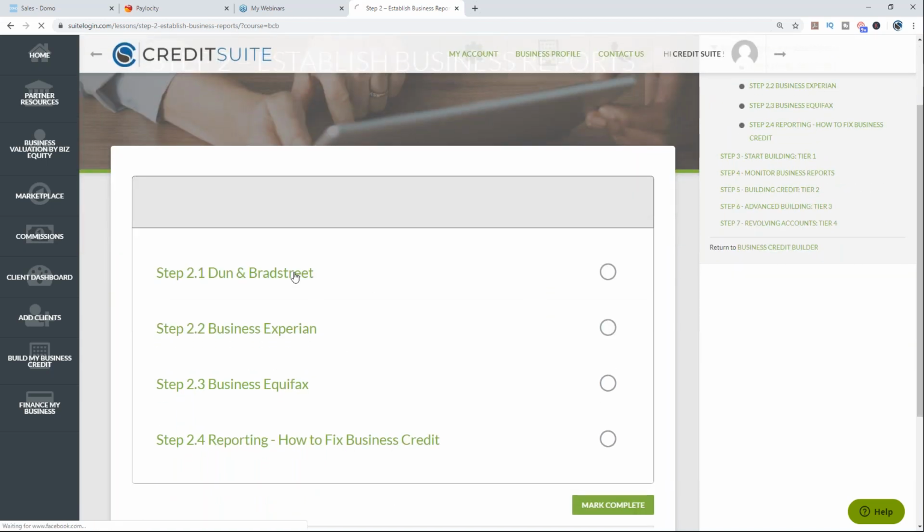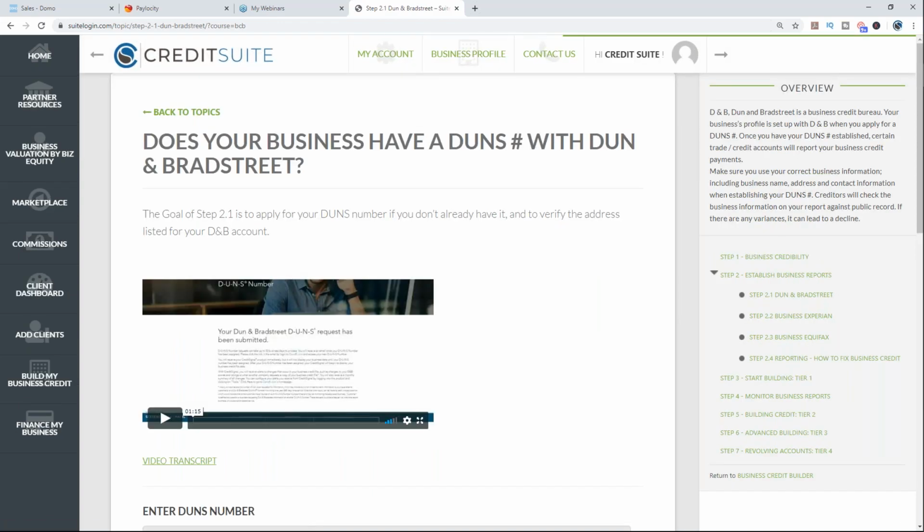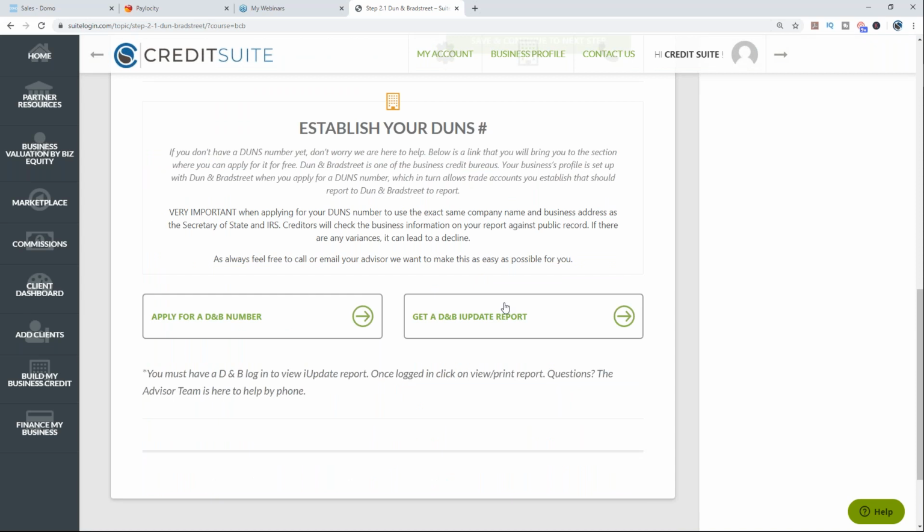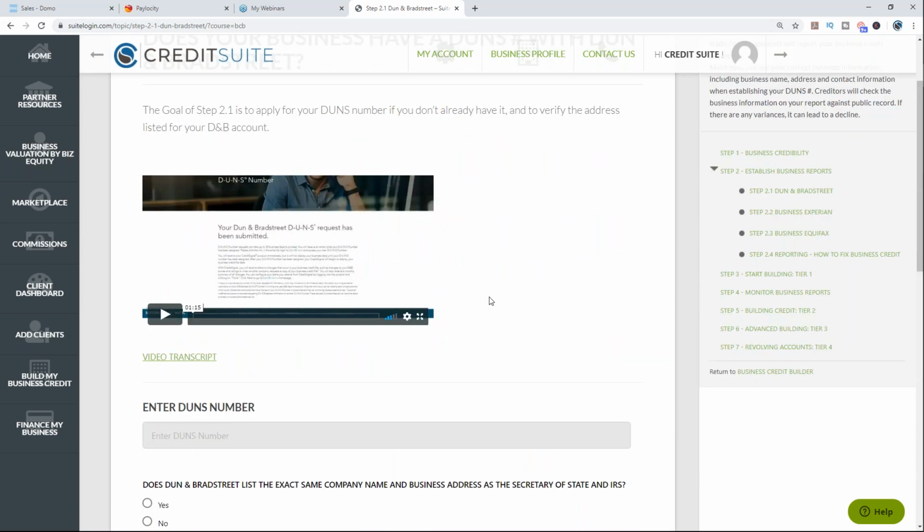Step 2, we're getting set up with the reporting agencies. I like to tell people why this is important. I don't know if you know this or not, but Experian and Equifax will create a failing business credit score for you if they know you exist and if you have no credit established. So we've got to help them come in. We've got to help them get set up with the reporting agencies. Now in this step